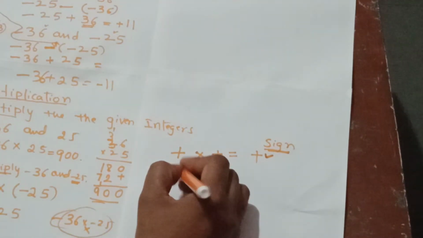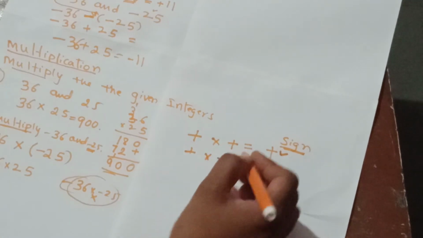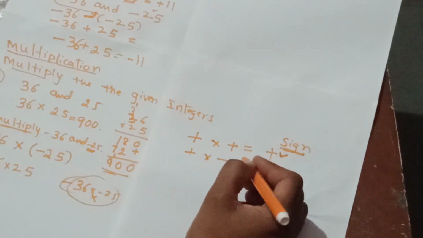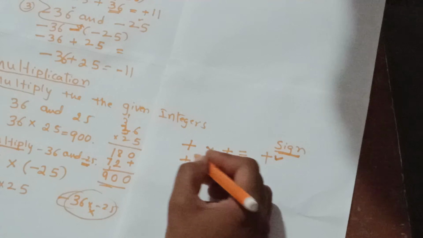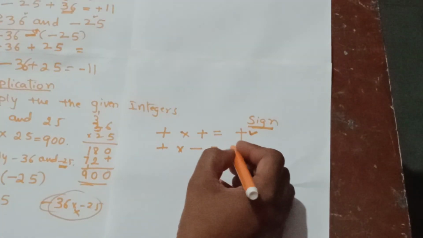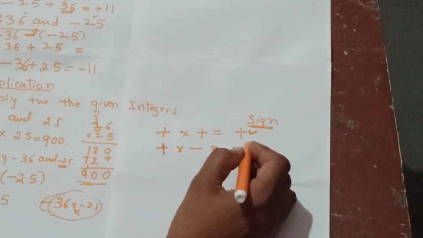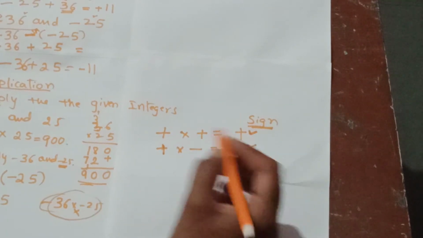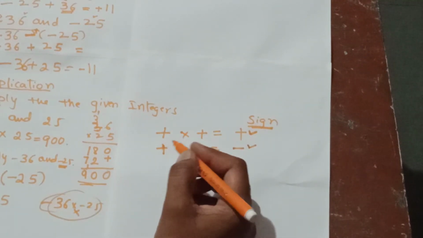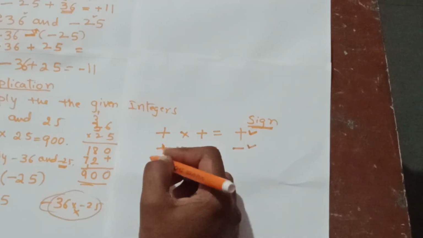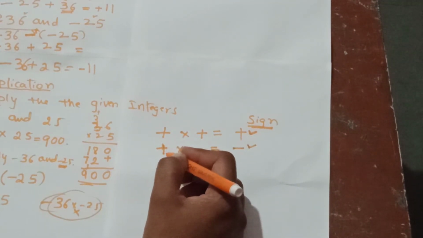Now let me complete this one. Plus into minus, it is nothing to do with the operation. Plus into minus, it shows that it is negative. The answer we get after multiplication is with a negative sign. This is the difference here, and it is simple. And multiplication, just number multiplication as usual, very simple concept here.